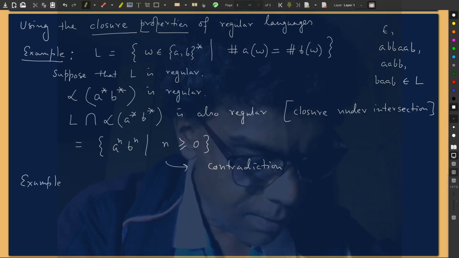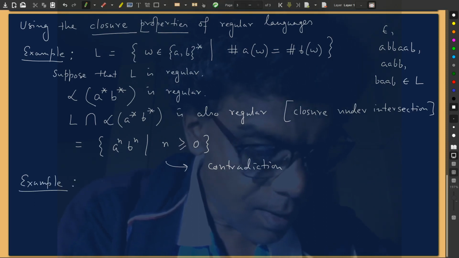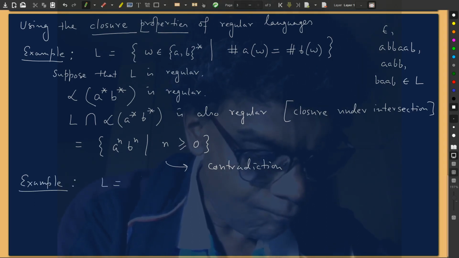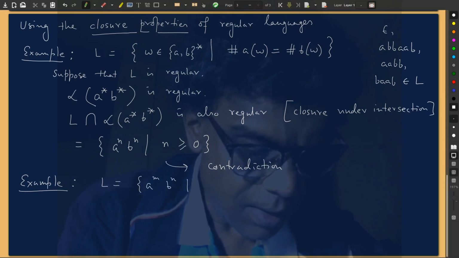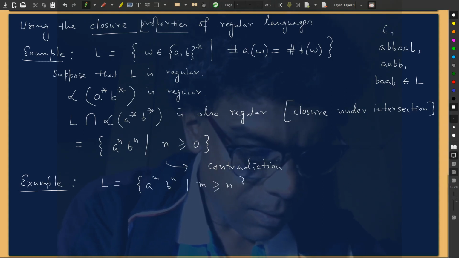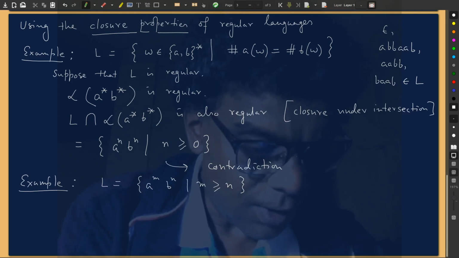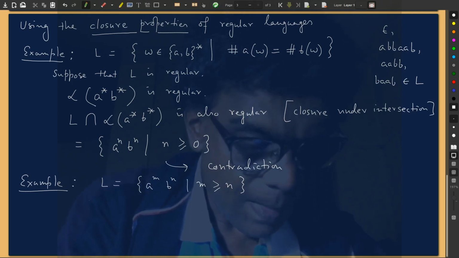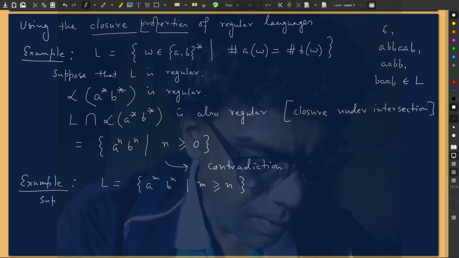And here I take a second example, like L. Maybe this, so I do not have this C square here. M greater than or equal to n. Just let us take this. This is the first example without C square. The C square actually doesn't matter. Now, suppose L is regular,